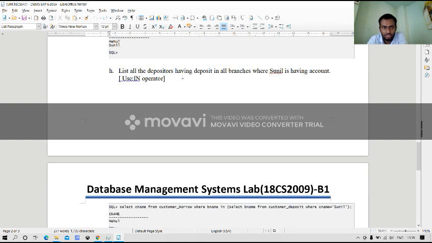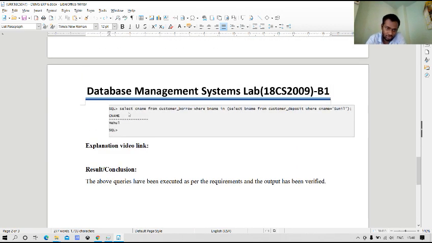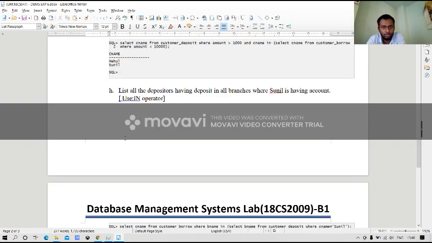So that's it. And list all the depositors having deposit in all branches where Sunil has an account. So select CNAME from customer borrow where the name in customer deposit CNAME is Sunil.